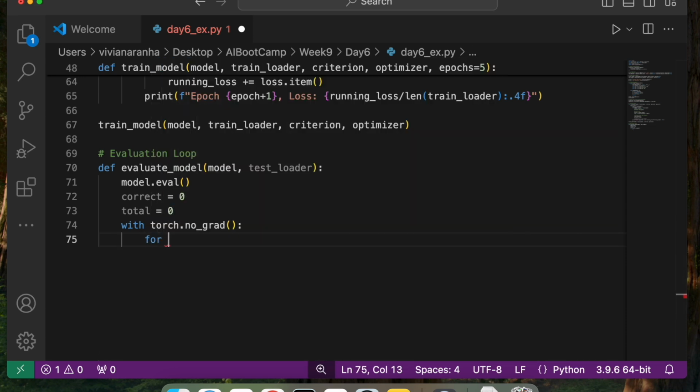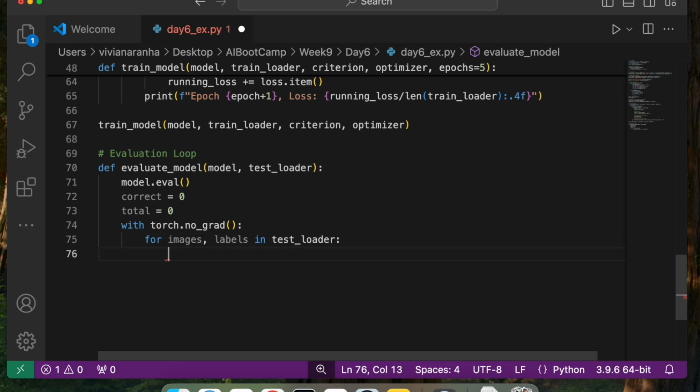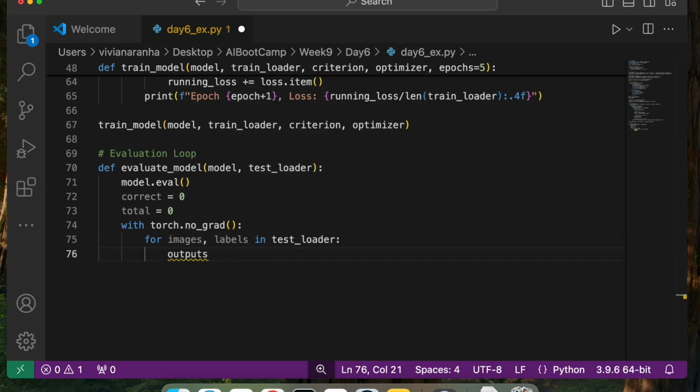With that on, I am going to go over the images and labels in my test_loader, and I'll first calculate the outputs, which is model(images).